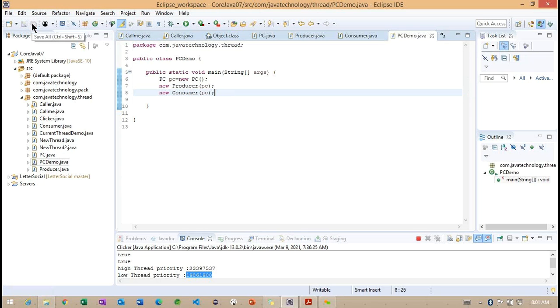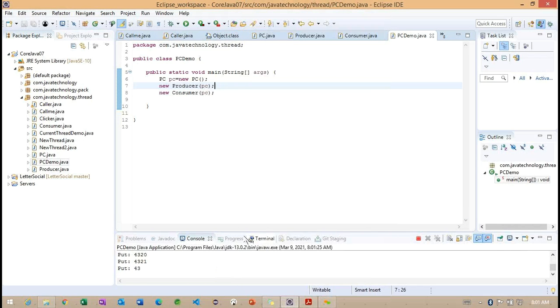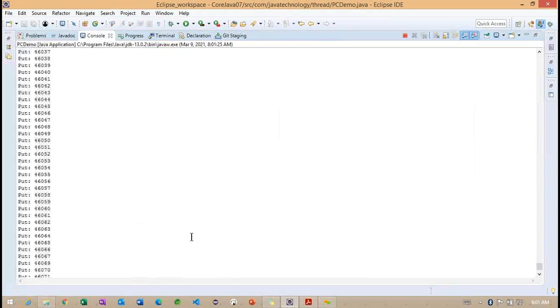If we observe carefully, this application is going to run. There is no condition here. It will try to run. You can observe here, it is trying to execute. There is no stop point here.